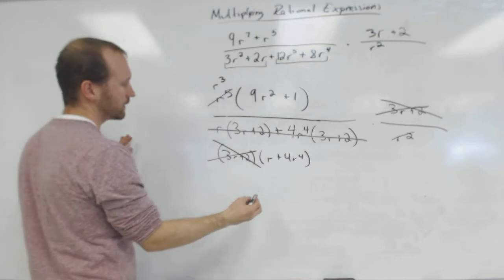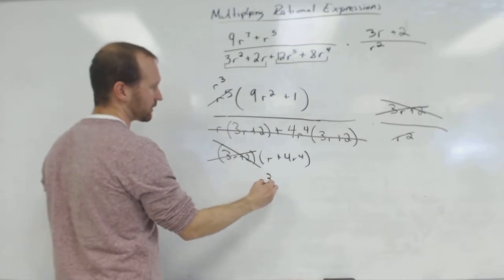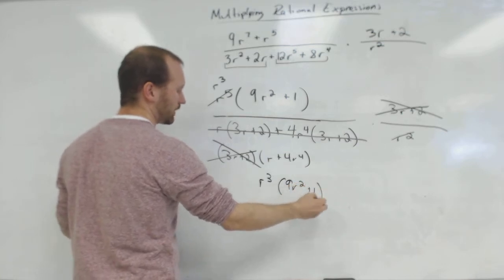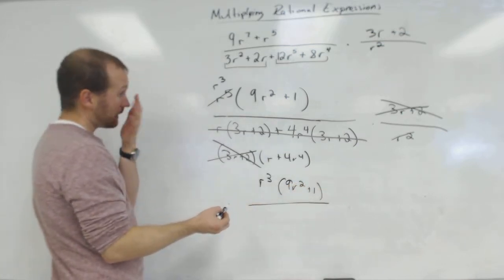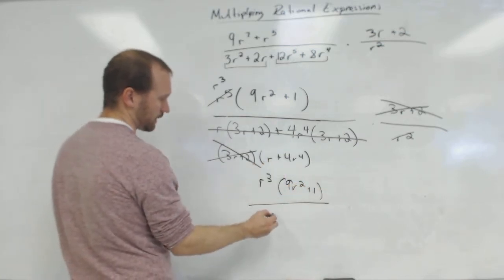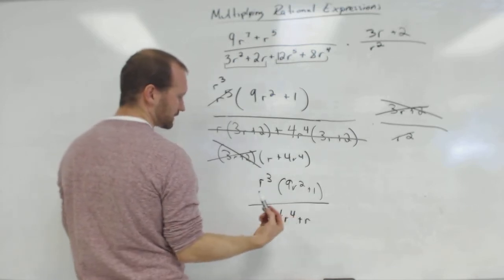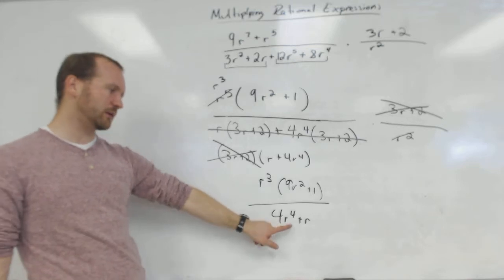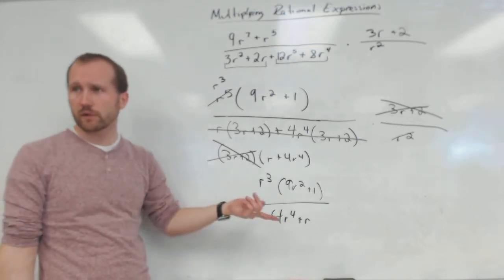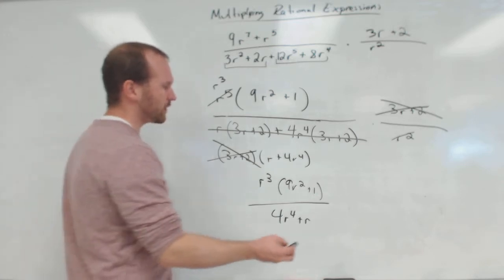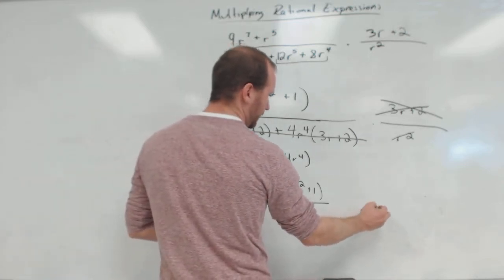So what do I have left? Up top I've got r to the 3rd, and then 9r squared plus 1. Down bottom I've got r plus 4r to the 4th. Actually, I'm going to write it the other way: 4r to the 4th plus r. It's the same thing. We just typically would write the bigger exponent first. What are my excluded values? r cannot be